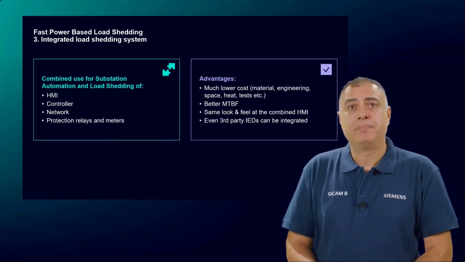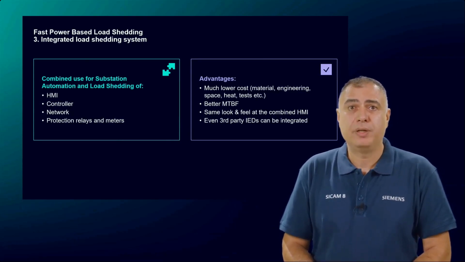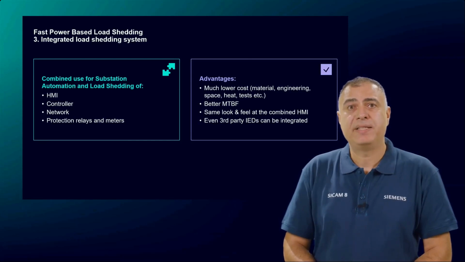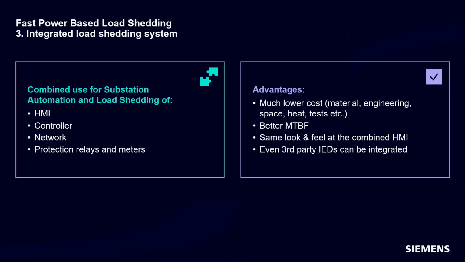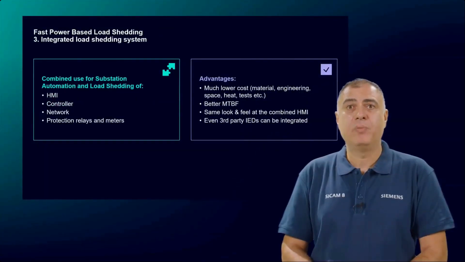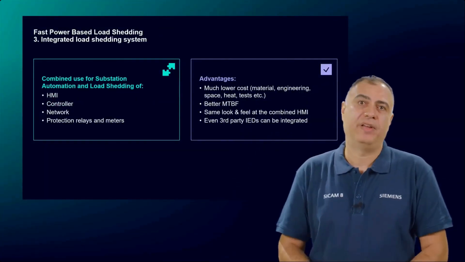The SICAM standard load shedding solution uses a combined system for substation automation and load shedding. To point out, the solution can be implemented in the standard substation automation hardware and infrastructure. No additional hardware is required. This characteristic provides the following advantages: